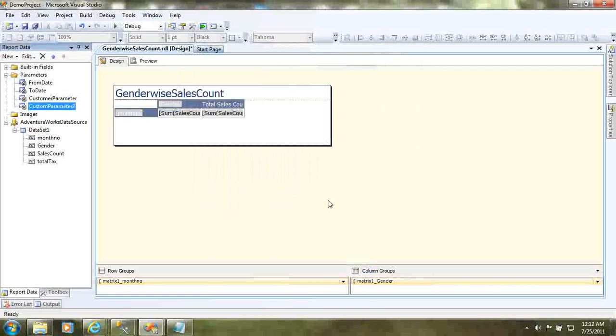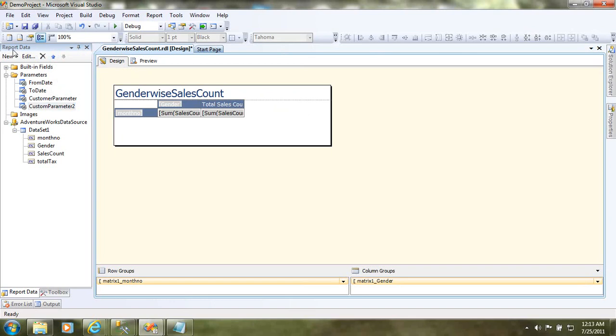Now, as you are already aware, this complete SSRS works based upon ASP.NET concepts, and that means IIS plays a role over here. So you cannot simply show message boxes like how we show in normal Windows applications. So for this, what I'm going to do is place a text box and display an error message stating that you are entering an invalid date. That is possible by